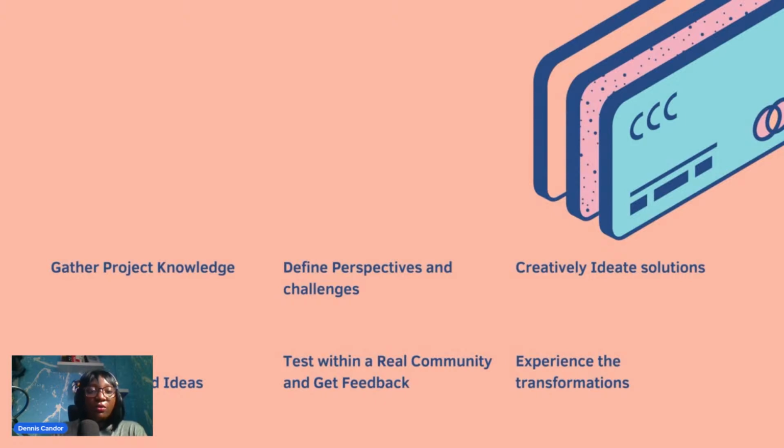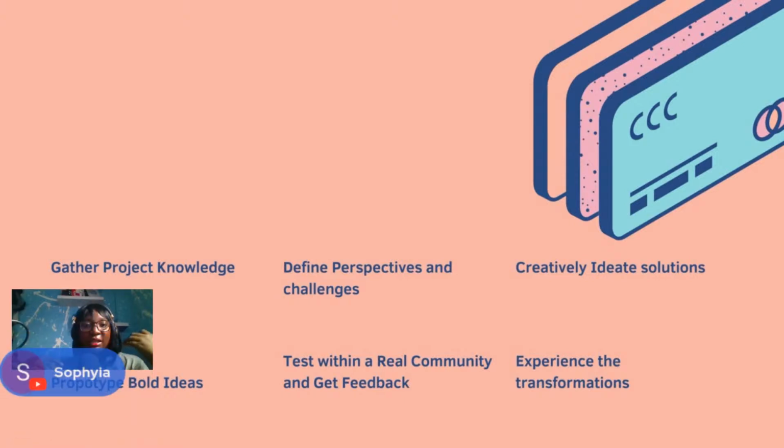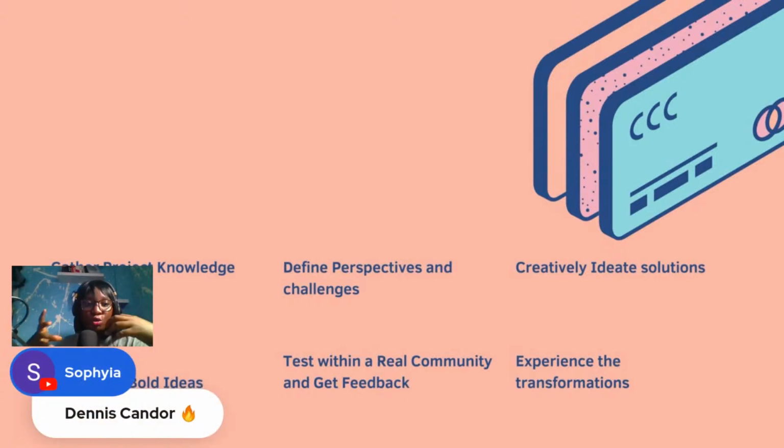Okay, so the first thing for you to do is to gather project knowledge. Of course, before you begin building a product or before you embark on a project, you should have like a project brief or what you're trying to do that can help you gather the project knowledge. And then get to define the perspective even up to the task if it's something that they can do. And then the next thing is to creatively ideate solutions for the projects. Ask for opinions from your community members. Ask for their ideas. Ask for better ways to make that project really work, and then that would help you